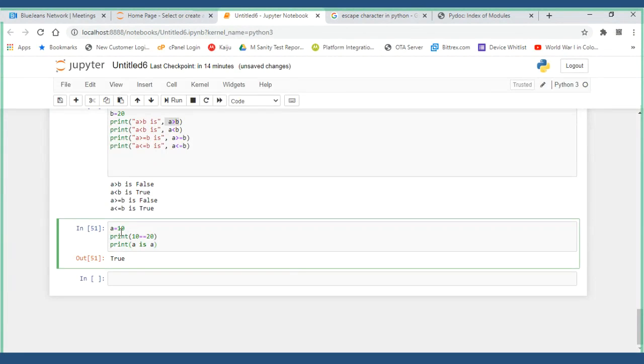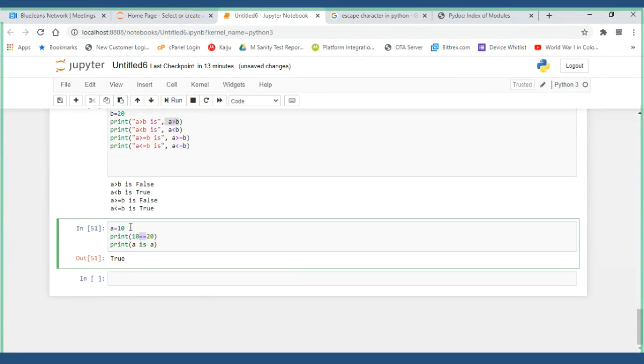Equal to is assigning some reference to an object. It just refers. 10 you are storing, its name is A. That's it. It doesn't say anything beyond that. That we have been seeing from day one. Now, double equal to will compare the content.